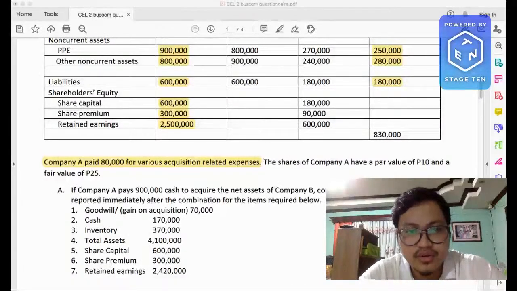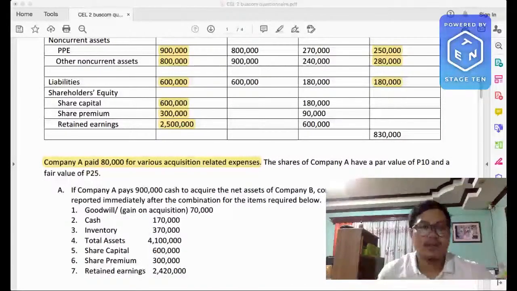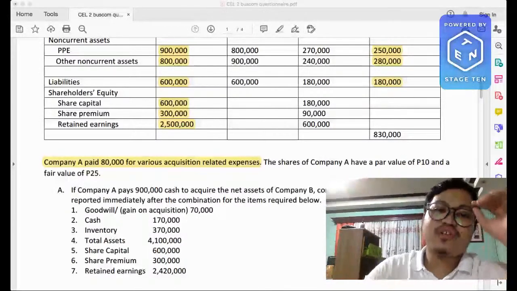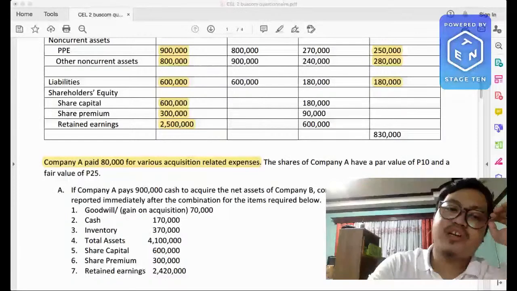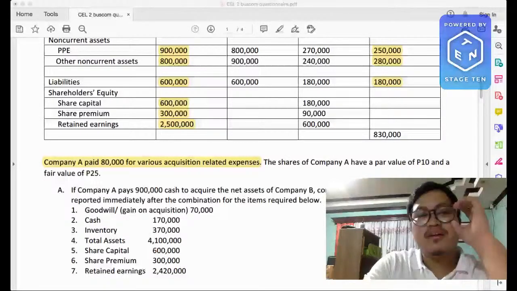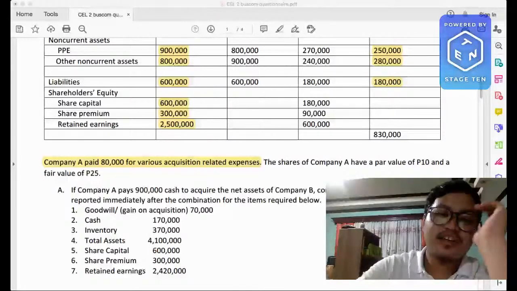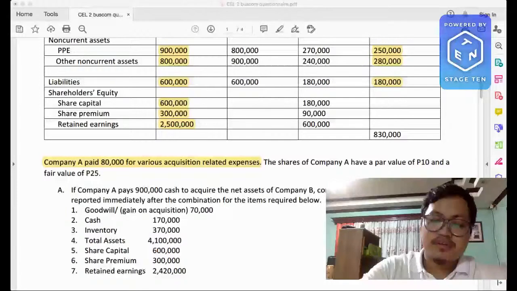But what else are you supposed to remember, class? What else are you supposed to remember? That stock issuance costs are to be charged to your share premium. Okay, how much then is your stock issuance cost? Okay, as stated earlier, class, since it is to be charged to share premium, we will have to debit share premium and credit cash paid